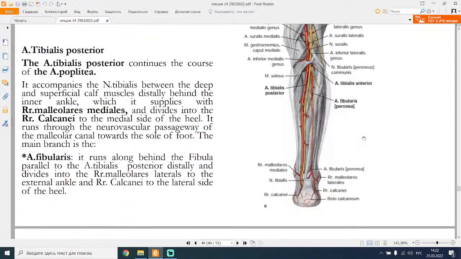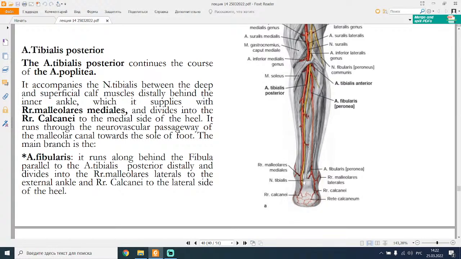Arteria tibialis posterior continues the course of the arteria poplitea. It accompanies the nervus tibialis, this is yellow color. Nervus tibialis runs between the deep and superficial calf muscles distally behind the inner ankle, which it supplies with rami malleolaris